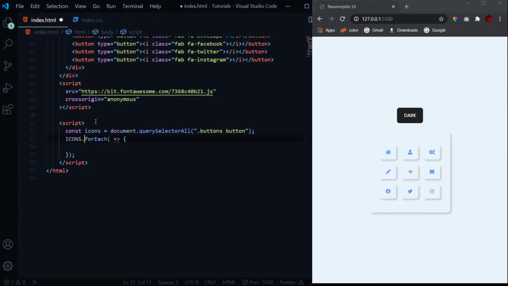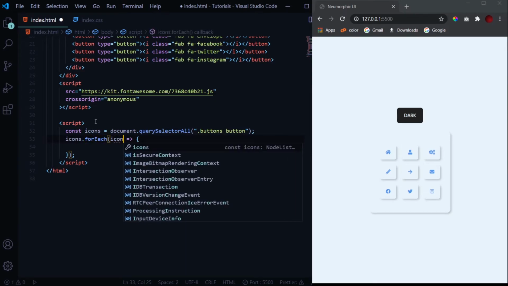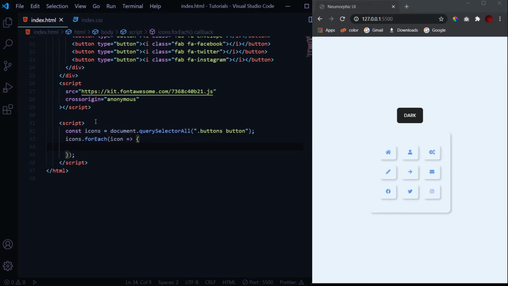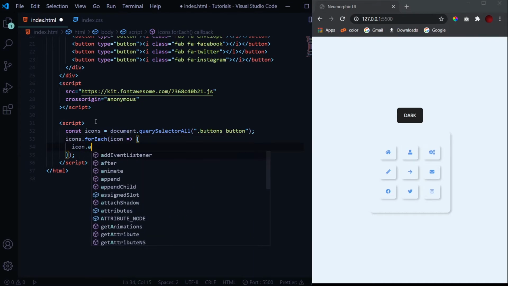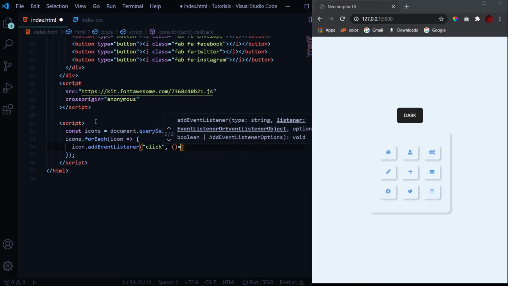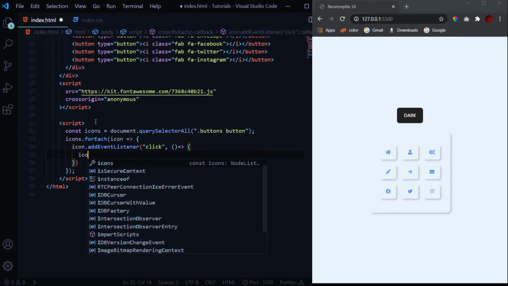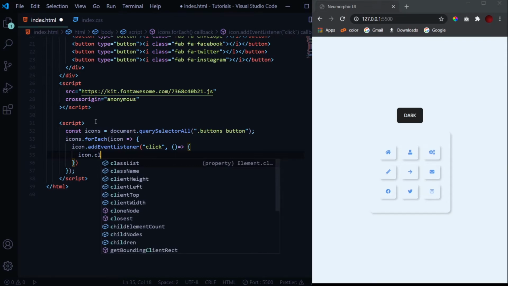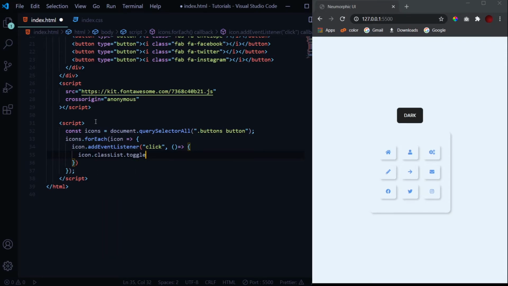I turned on the caps lock by mistake. Yeah, so this is it. And then whenever any of these icons is clicked on, we need to add a class to it, like icon.classList.toggle inset.